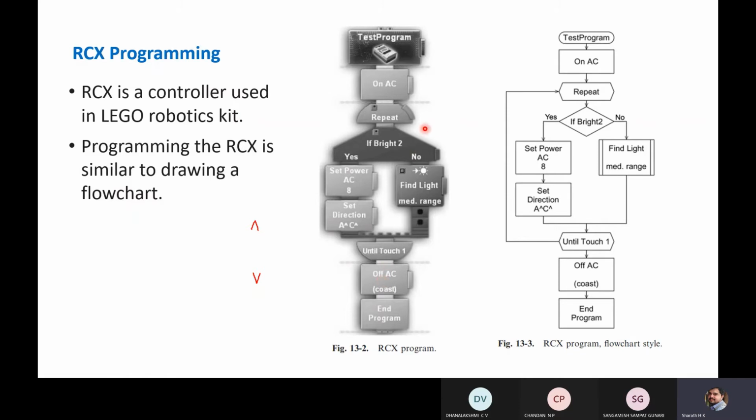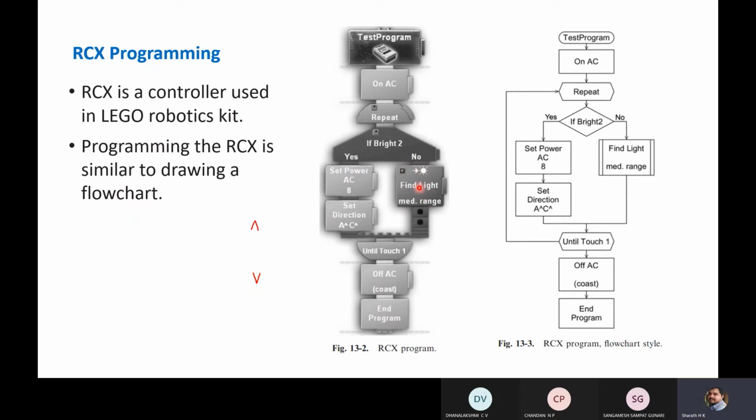If the light sensor doesn't get the light signal, then a subroutine will be executed. In the case of no, the subroutine will be executed.